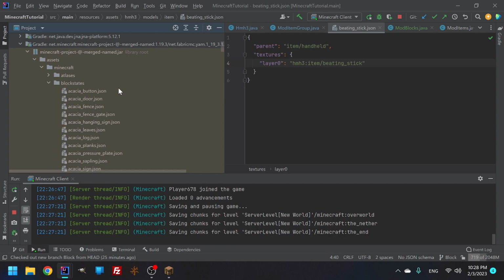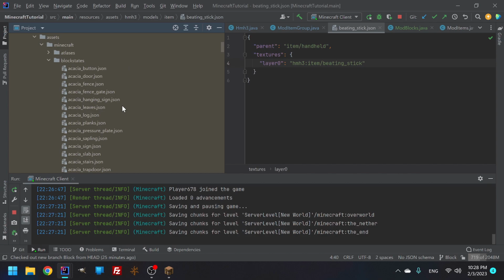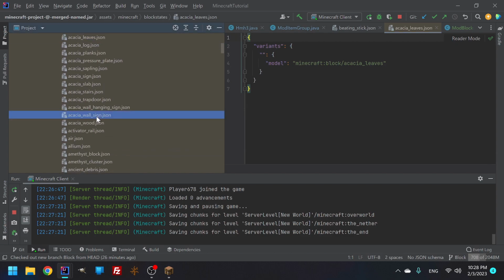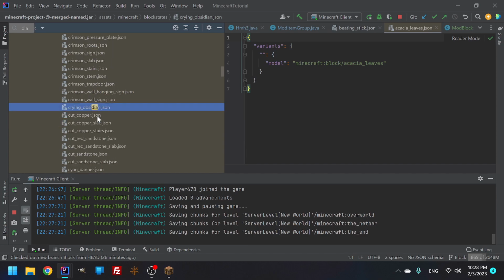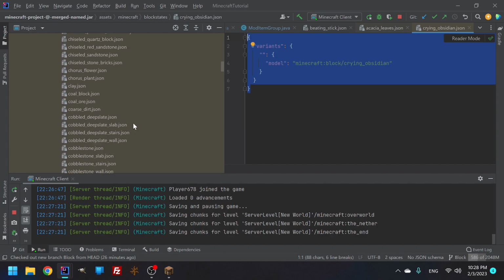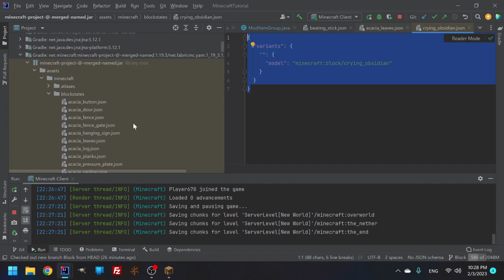So the first thing that we need to make is a block state. Let's say I want to make a block, right? The first thing I want to look at is a full-on block. And if I'm looking for a specific block, or if I know what it is, I can just start typing it in here. So here we have crying obsidian, and you can see its variant model, and then here it is. So if I just go like this, Control C,